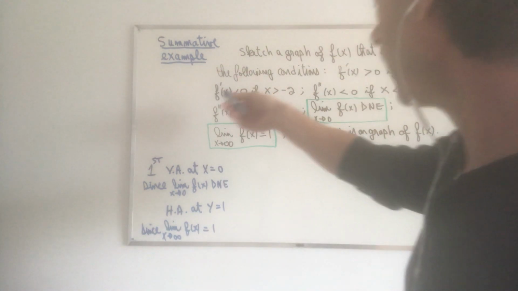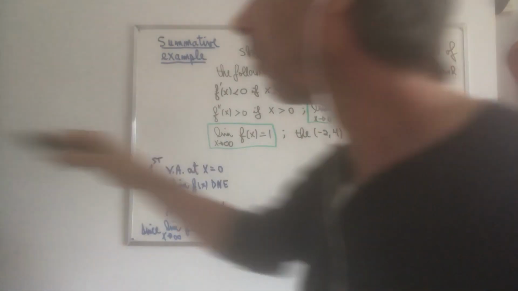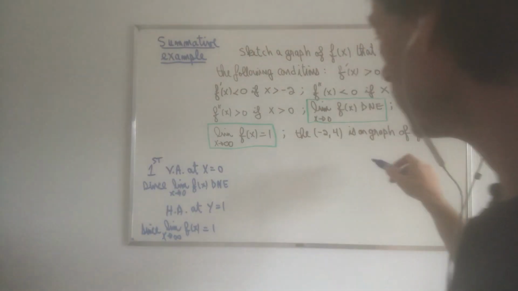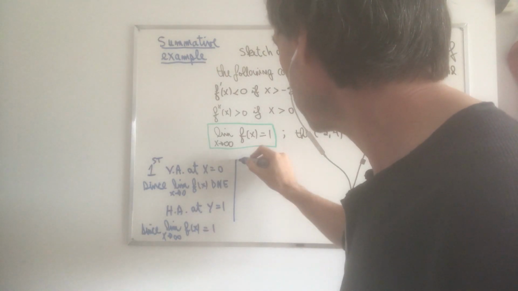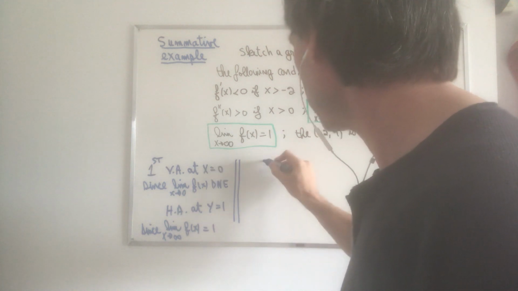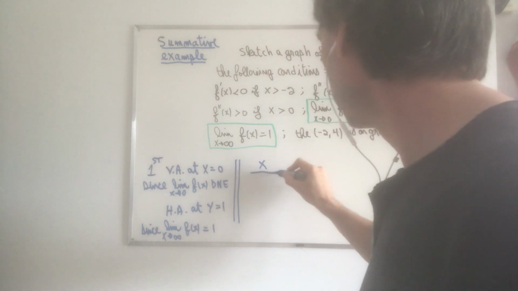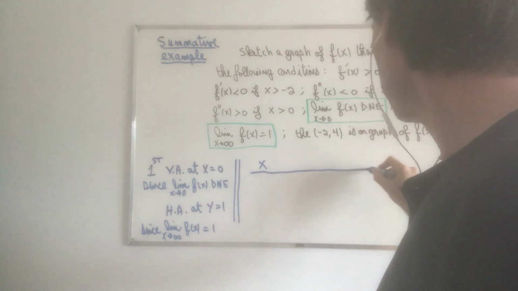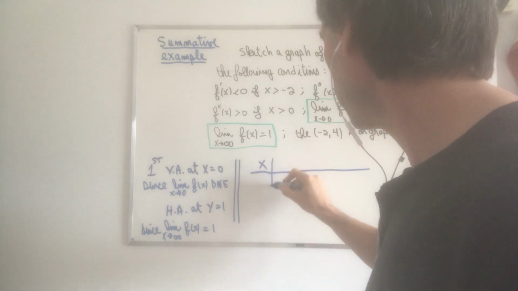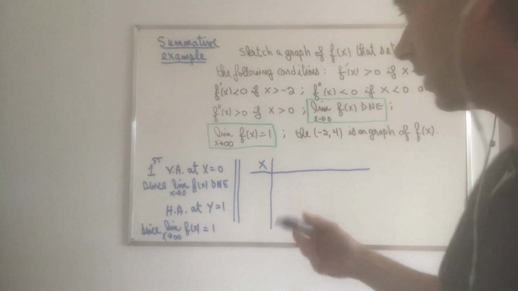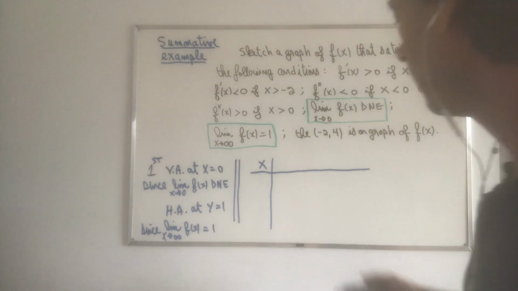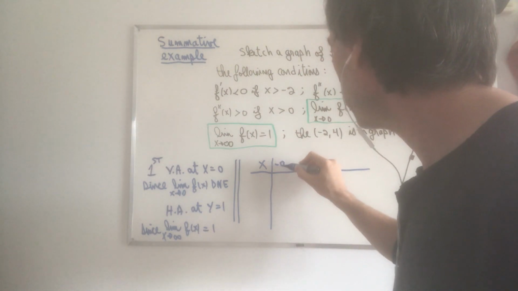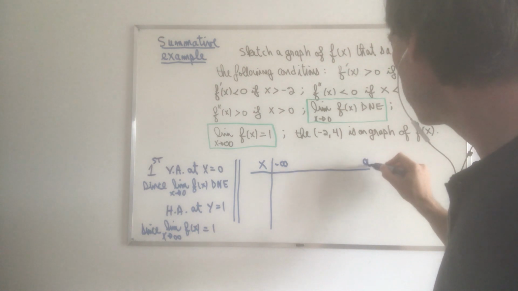I got like negative, positive. So I suggest that we organize the information here in a table. I suggest that we actually try to make a table that will give us a chance to interpret the information in a coherent and cohesive way. So from minus infinity to infinity, let us start